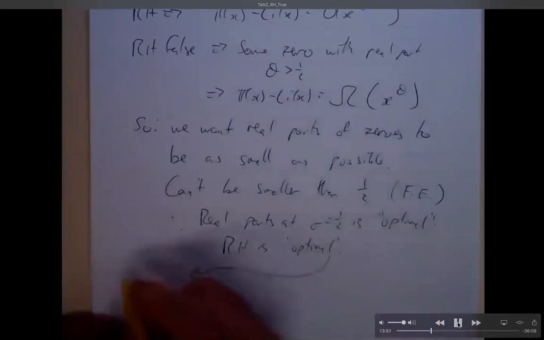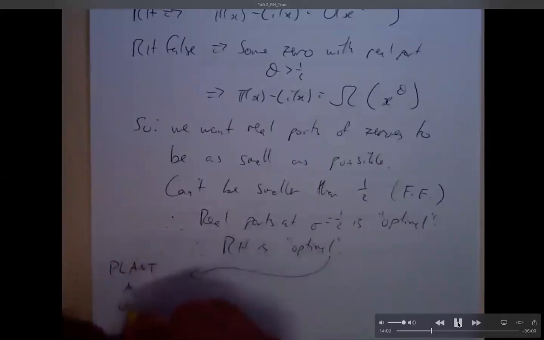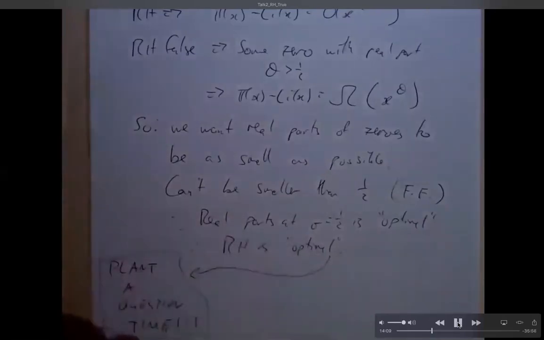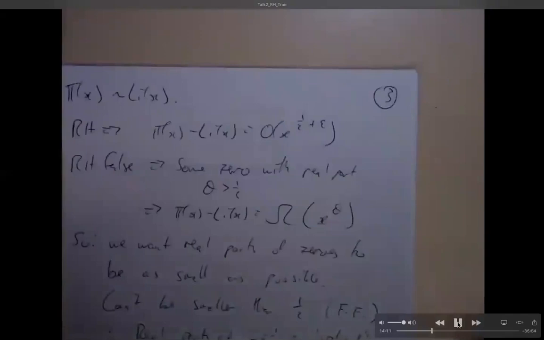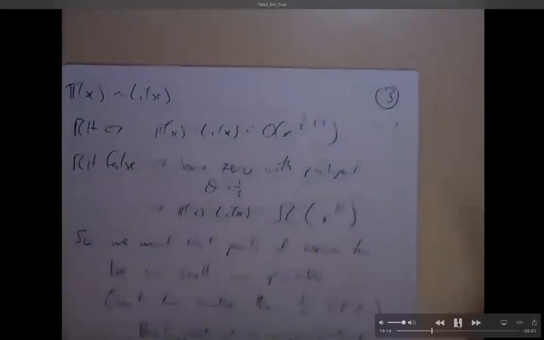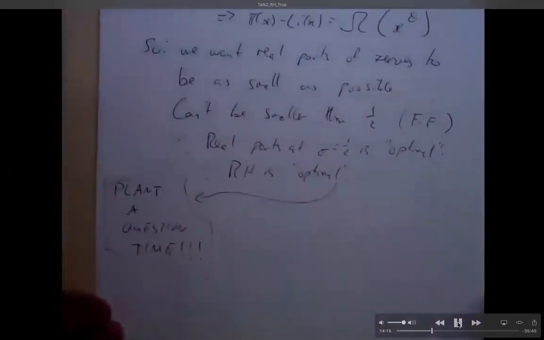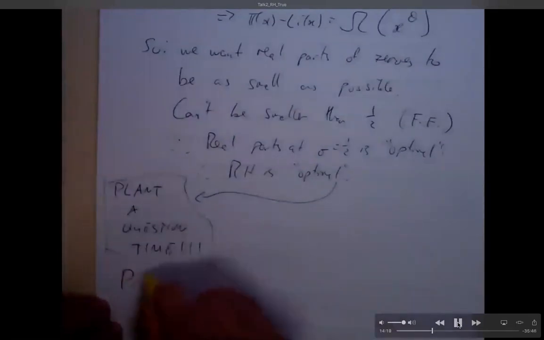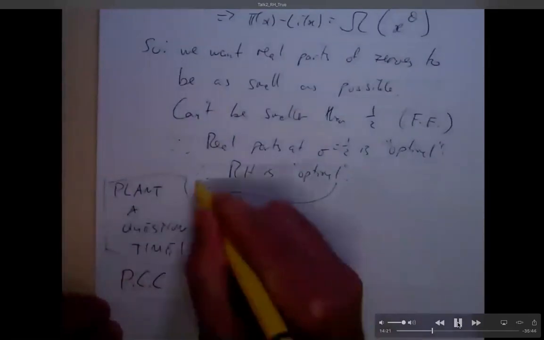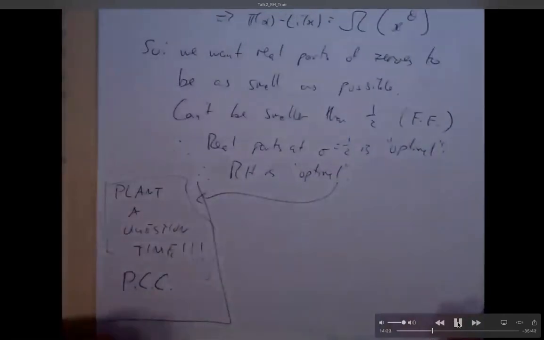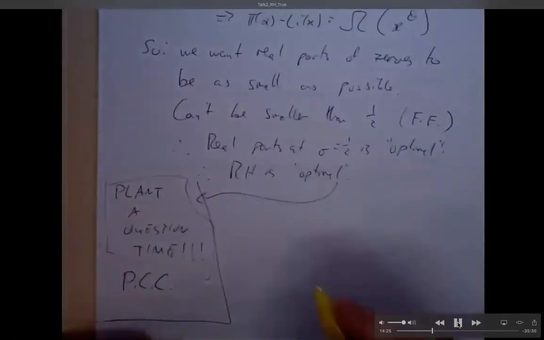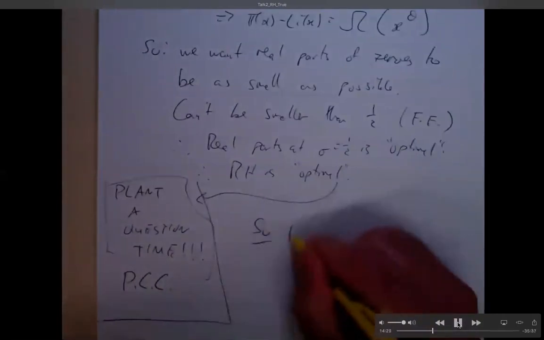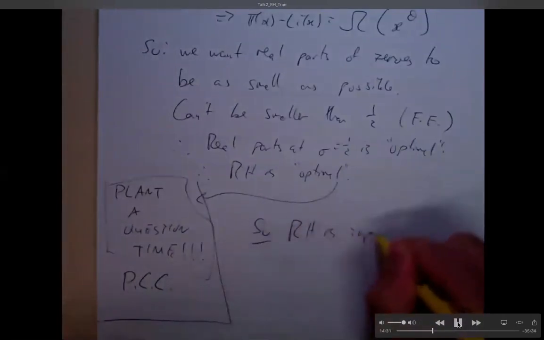So the real parts at sigma equals a half are in some sense optimal. Therefore, in a sense, the Riemann hypothesis is optimal. It's not for me to tell you what to ask questions on, but if you were desperately looking for a question, here's something we could come back to if there were time. It's on slide 3, and I've said optimal with inverted commas. And this PCC means the pair correlation conjecture. We could talk, if there's time, about this real part not quite being optimal, but being almost optimal.